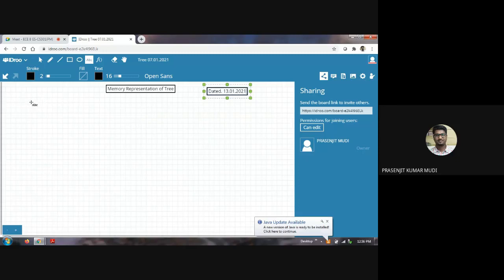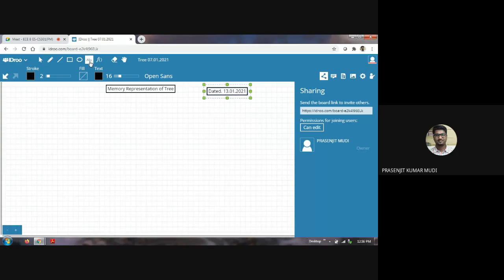From this topic, you will understand how to implement a program to construct a binary tree using a single linked list. Later on, we can talk about the array representation of a binary tree. But I think it will be more comfortable to construct a tree using a linked list rather than using an array.